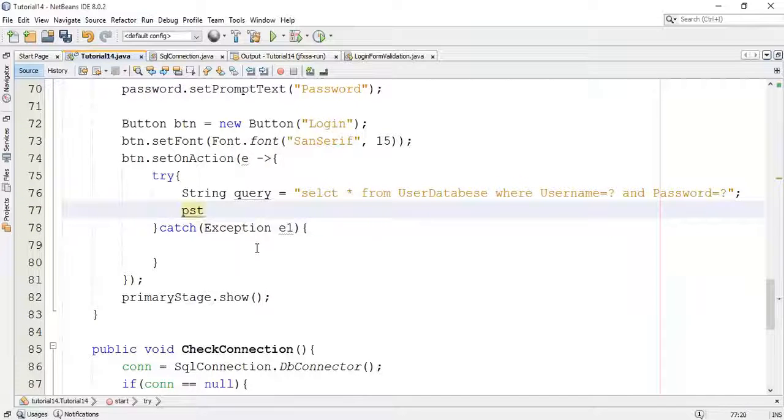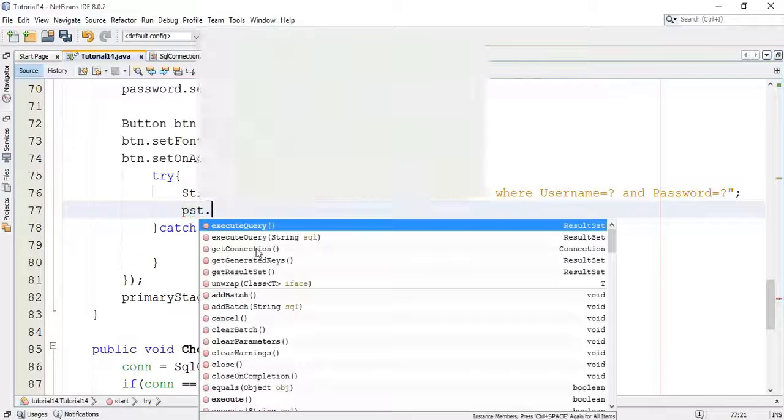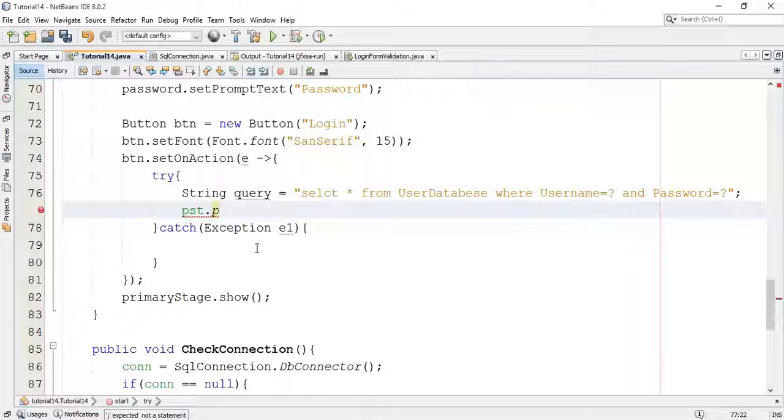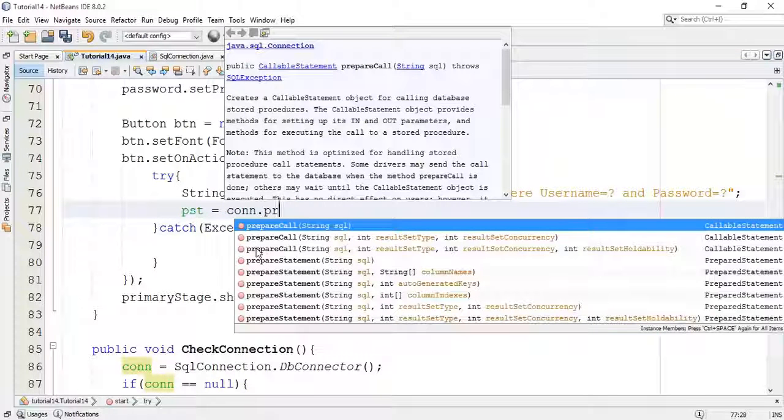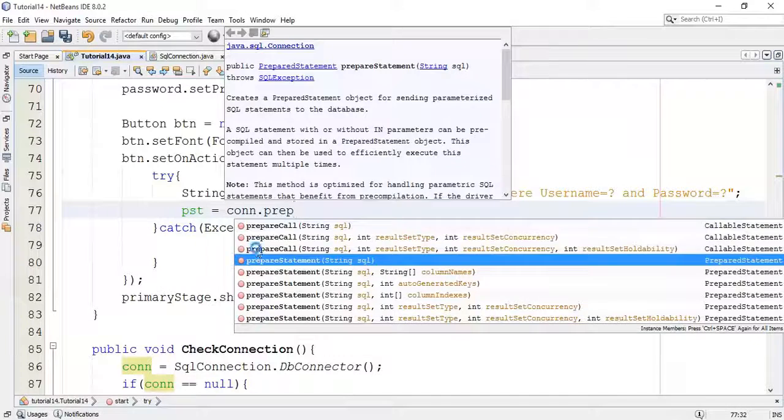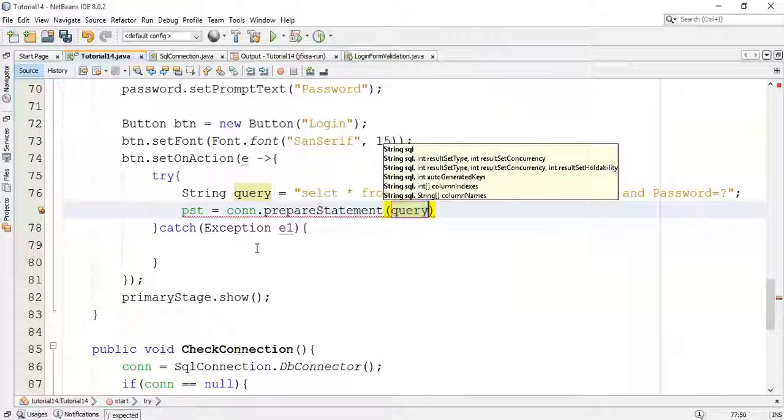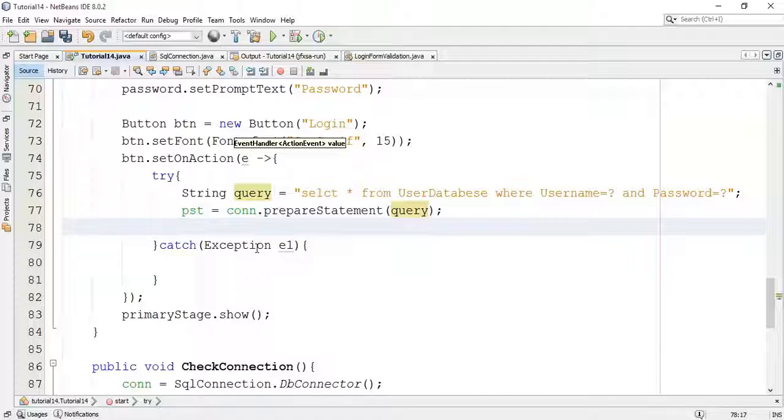So pst equals connection dot prepareStatement, query. Next I'm going to import a username and password.